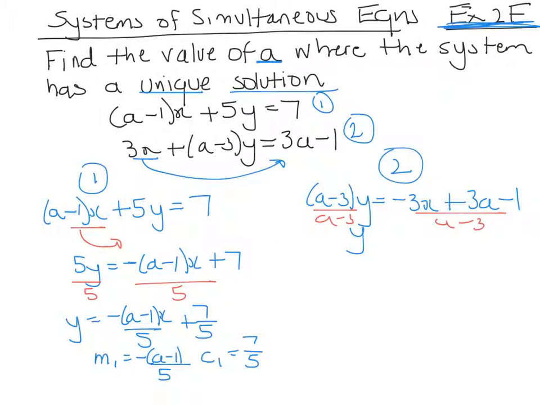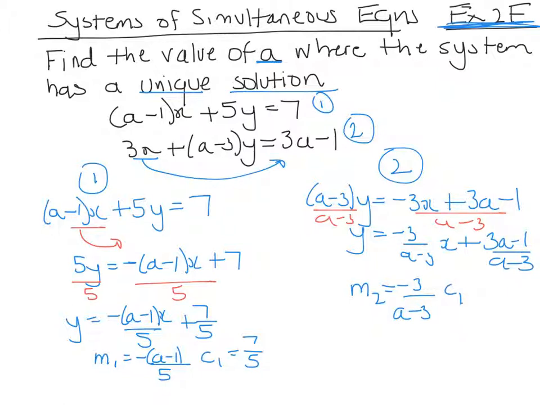Now y will be left on its own, and y is equal to minus 3 over (a minus 3) x plus (3a minus 1) over (a minus 3). That means the gradient of equation number 2 is minus 3 over a minus 3,